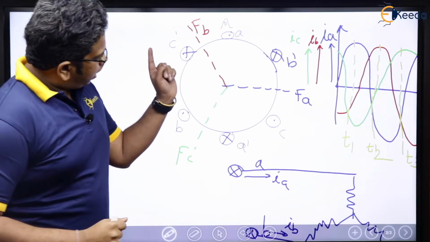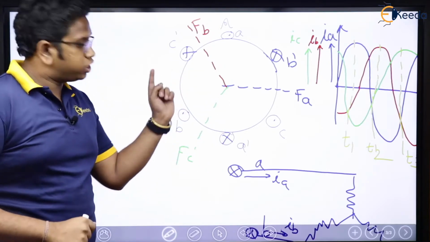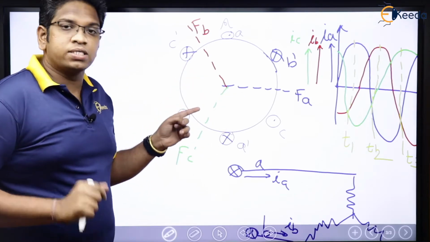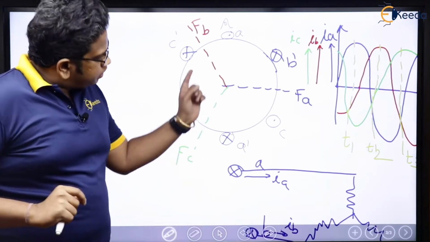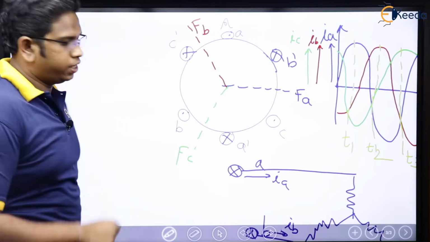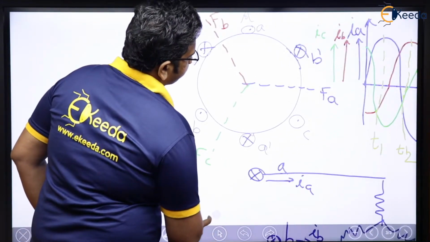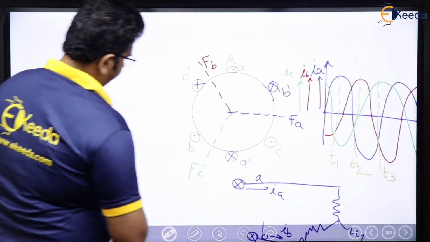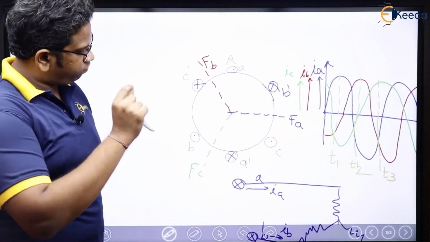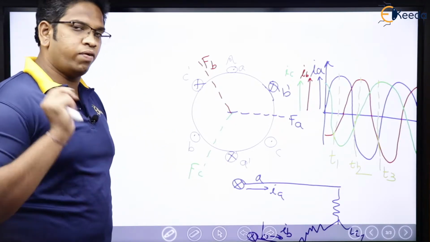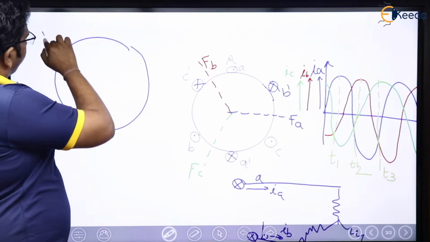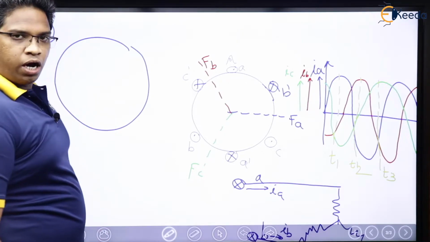Now, come on, you tell me. Are the axes of MMF displaced in space? Yes. Now since the axes of MMF are displaced in space, they are going to be called space displaced windings. These are the references. What will happen in actual instances, we will see right now. Let's begin. See here, at T1. Let me just draw this two times so that we will be able to understand both the conditions, and then we will conclude for the three phase. Let us see. Let me have this for case 1, okay? Now, see here.